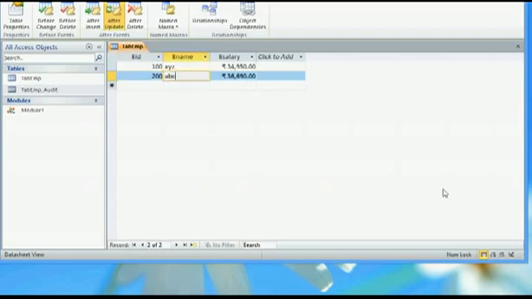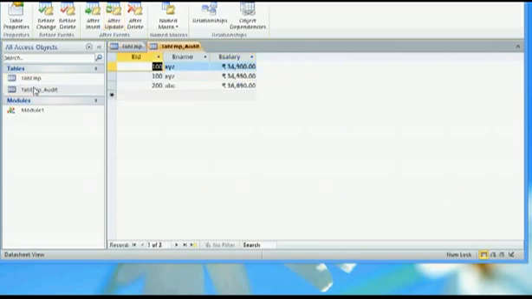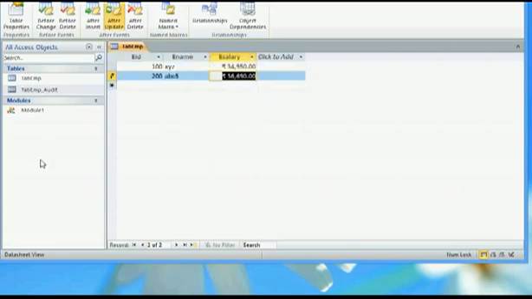If I make any changes to other fields, other than what I mentioned, it will not add any record into that, as you can see here. Hope this helps you, and start using it. It has lots of flexibility in it, so we can make use of it wisely. Thank you.